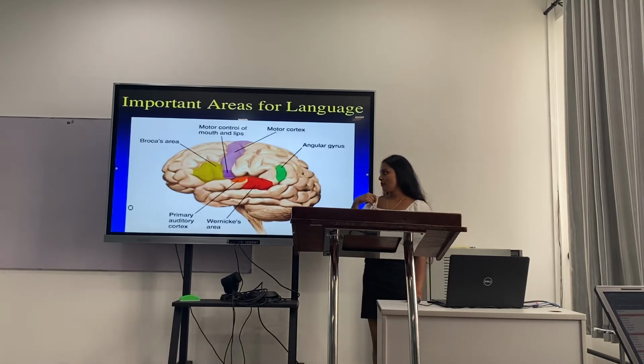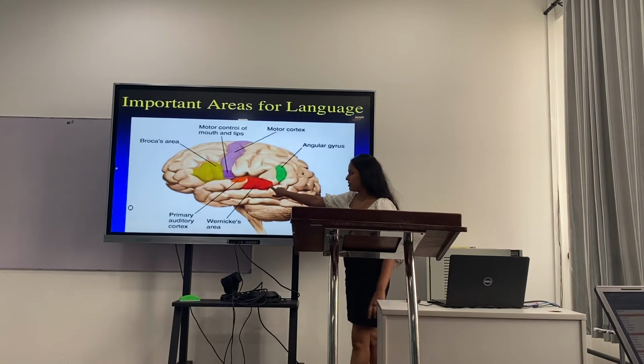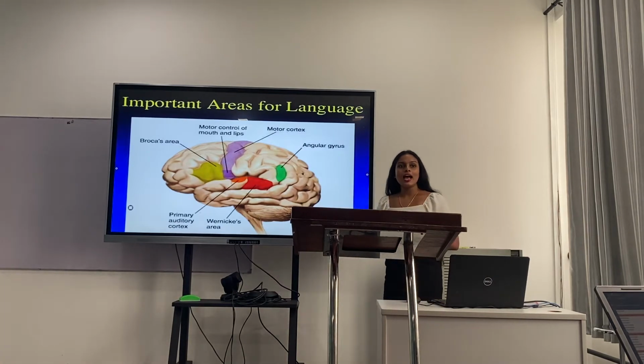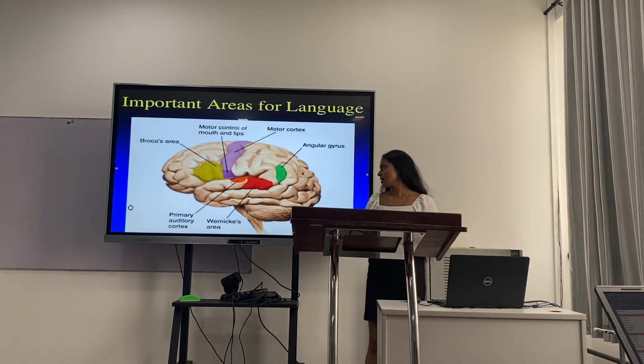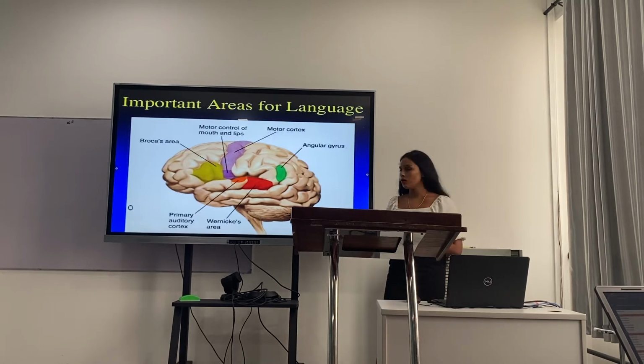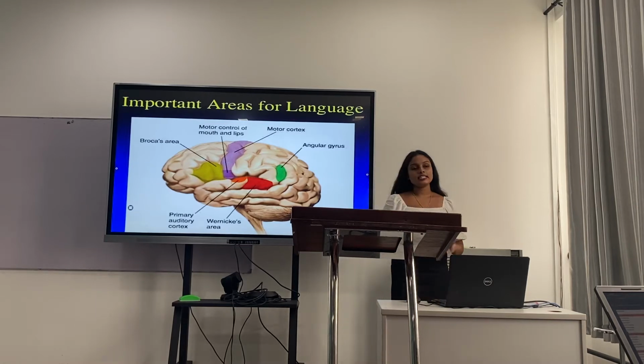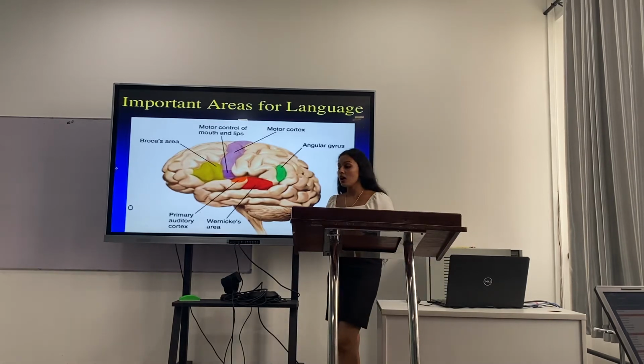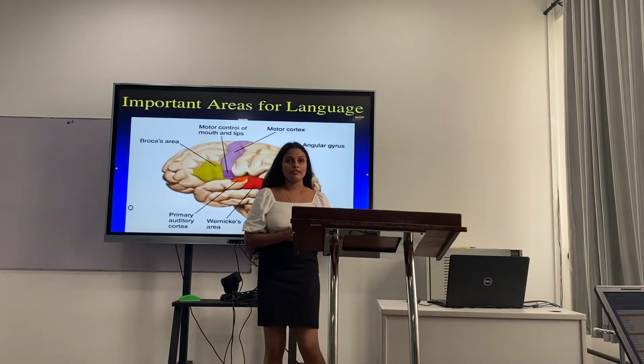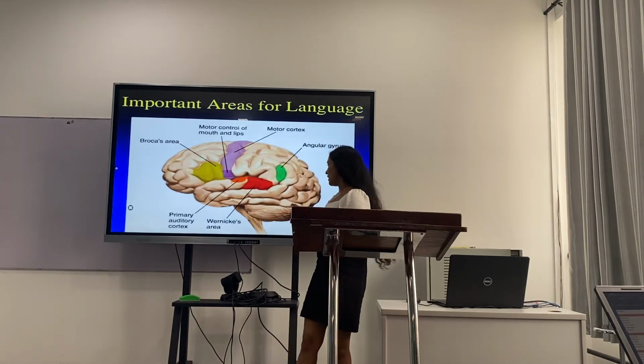The first area I'm going to talk about is this red part, which is known as Wernicke's area, and it is located in the left temporal lobe of the brain. It is known as the word recognition center of the brain. Wernicke's area is actively involved in the processing of language learning, and this is also where the comprehension of